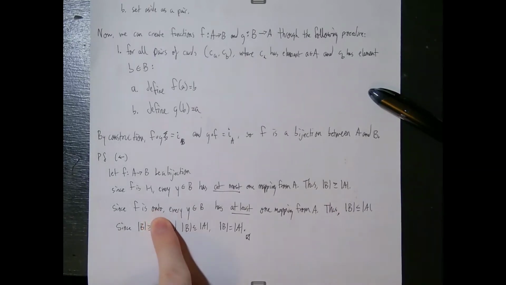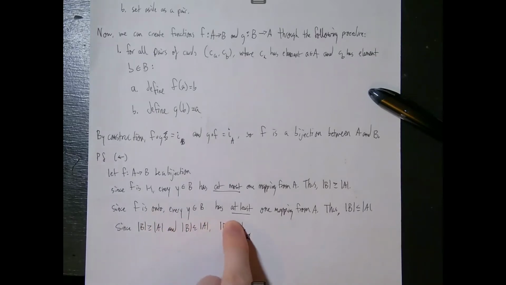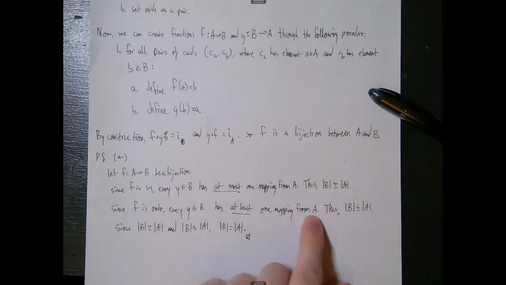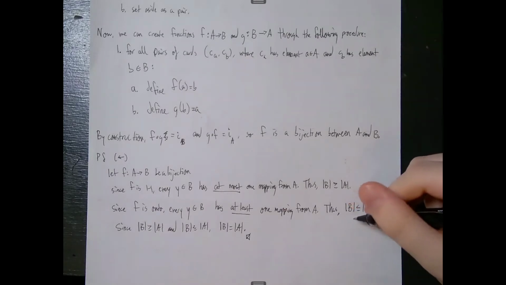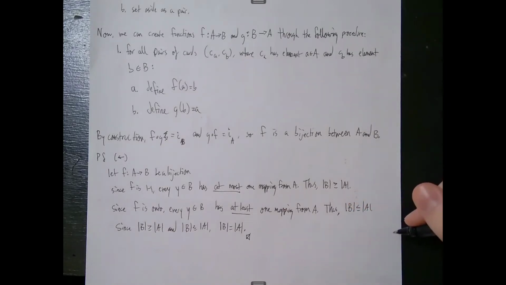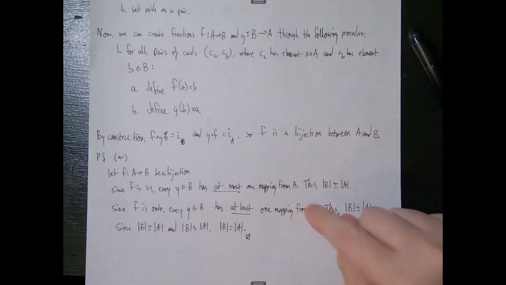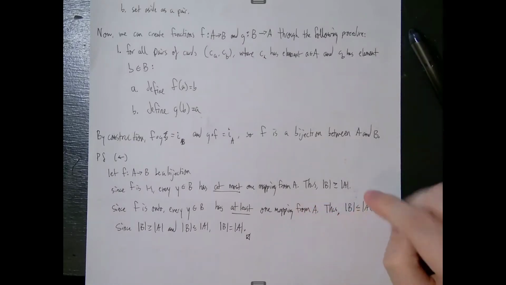Since f is onto, every y in B has at least one mapping from A. This is from the definition of onto. Again, if you're having a hard time with the definition, I'd recommend looking at the one-to-one and onto video again. But what this means is that since there is at least one mapping from an element of A to every element in B, the cardinality of B can be less than or equal to the cardinality of A. And again, we can check, well, if the cardinality of B was strictly greater than the cardinality of A,